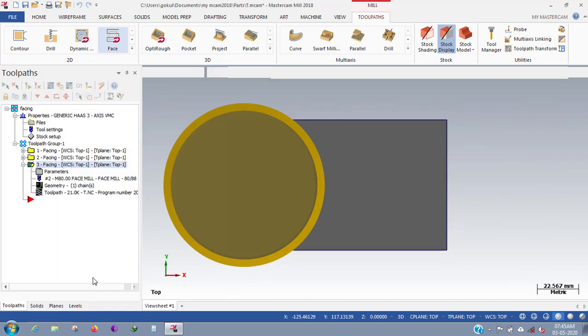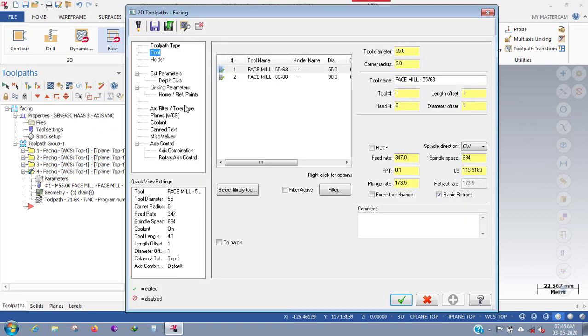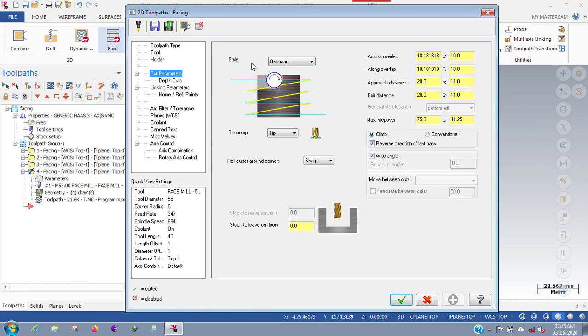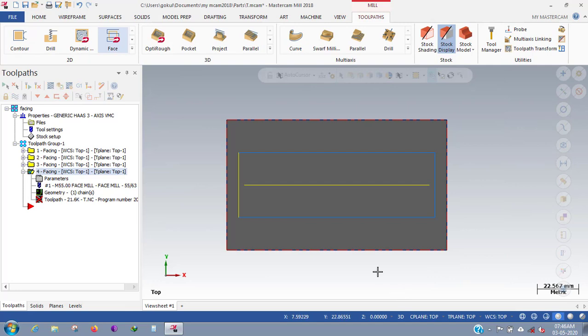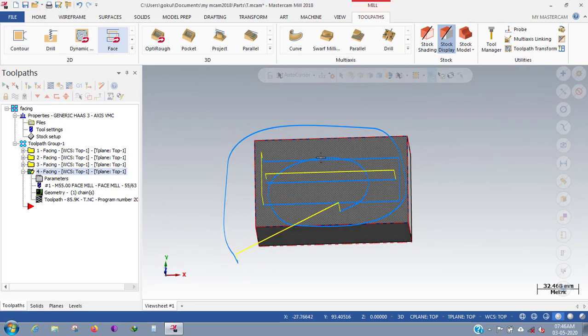Okay, and I'm just copying and pasting the same one way, and I'm just going with the dynamic, and the dynamic will be the contoured toolpath. If you see here, it will be self-explanatory.